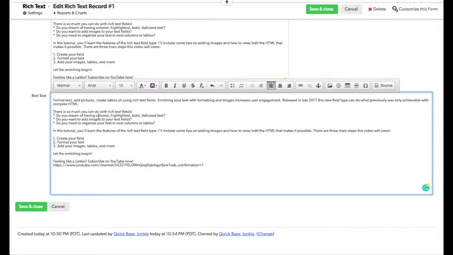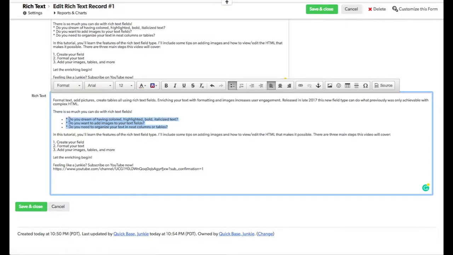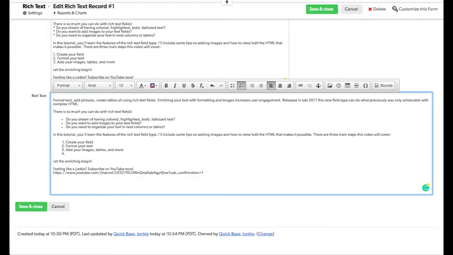So I'll just start going through, and as an example, I'm going to highlight this text here that has bullets and choose the bullets. Remove my fake bullets. Similarly, I can use the numbering to create real numbering. And these will incrementally add. For example, if I were to add another,